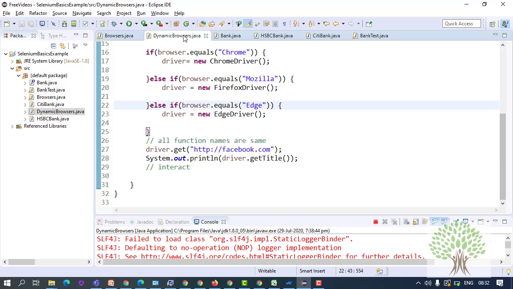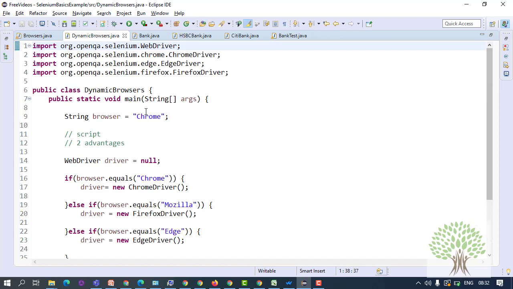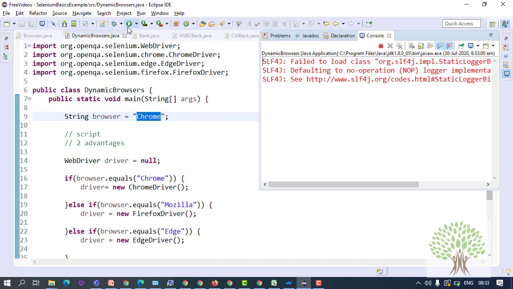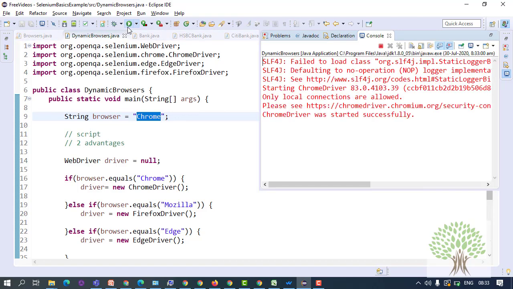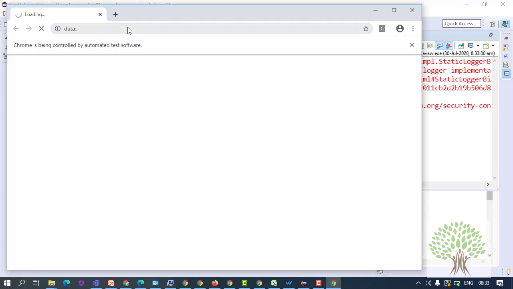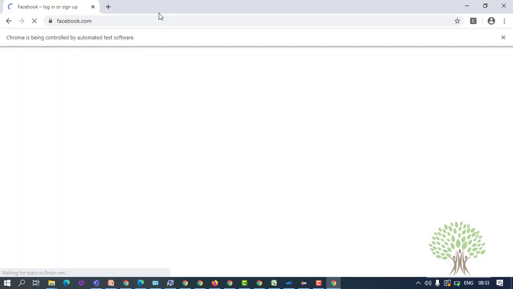Right now I'm using the Chrome browser, and if I run this script, this will open the browser, and this is going to take me to facebook.com.